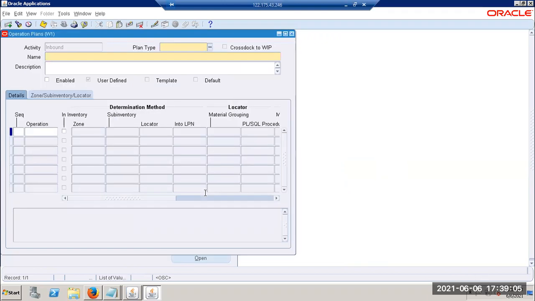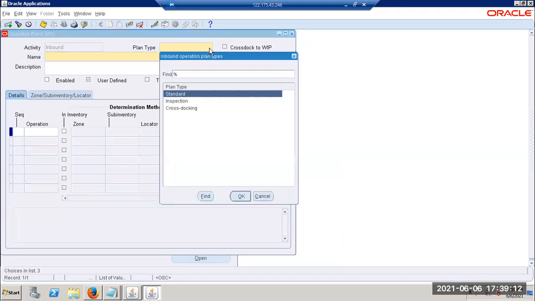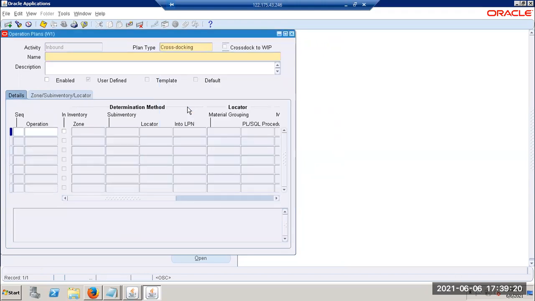Go there. As I mentioned, two things will be there. Select that list of values, plan type. Standard inspection and cross dock. If you remember, we have seen this one. Select cross dock.